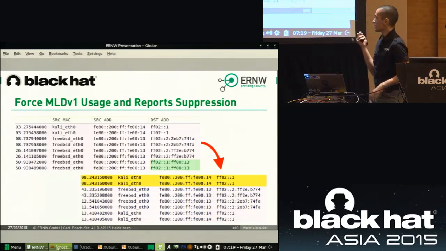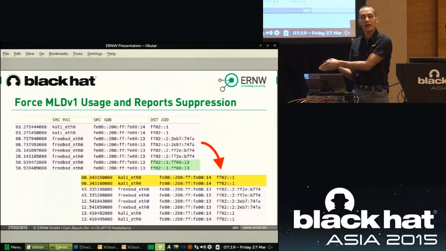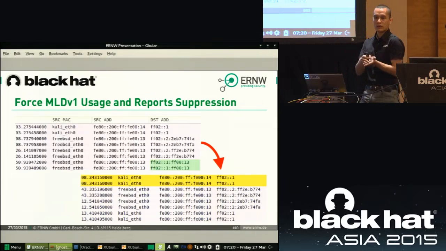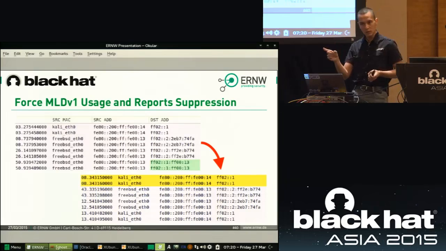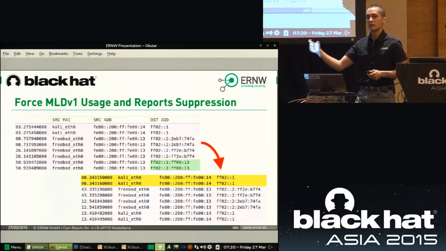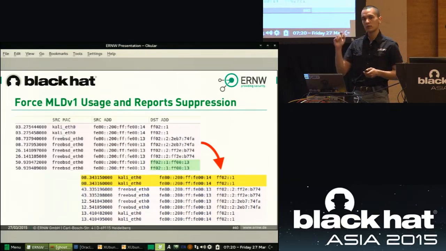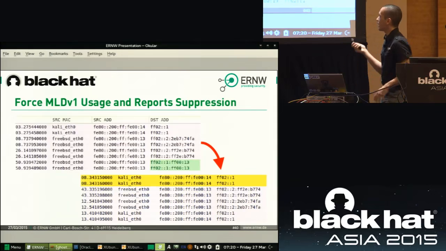The thing is, since you can at any point send an MLD report to a specific client, the router is not going to notice. You can just put the link-local address of a particular client in the IPv6 packet and send this report to that client, and the client is going to say, okay, I've already seen this report, I'm not going to report it.